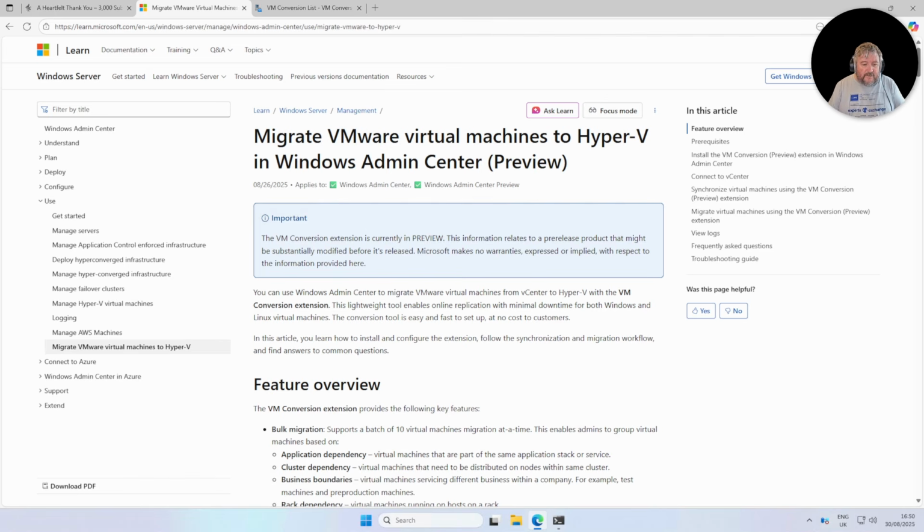So previously you had Disk2vhd, you had MVMC. You would have possibly seen a video that I already did. If you have Veeam Backup and Replication, you can quite easily, as I've demonstrated in a video, do restores to Hyper-V. But if you don't have Veeam Backup and Replication, and you are looking to do V to V migrations for free, because this is a free product by Microsoft, it does have some benefits in the fact that it can almost do